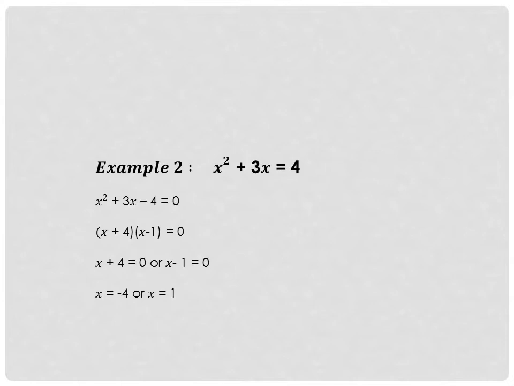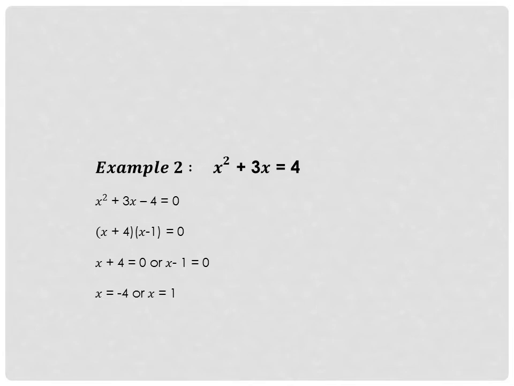And that same two numbers, when we add or subtract, we are going to have positive 3. And the two numbers are 4 and negative 1. 4 times negative 1 will give us negative 4, and 4 minus 1 will give us the number 3. So now the next step, we take x plus 4 is equals to 0